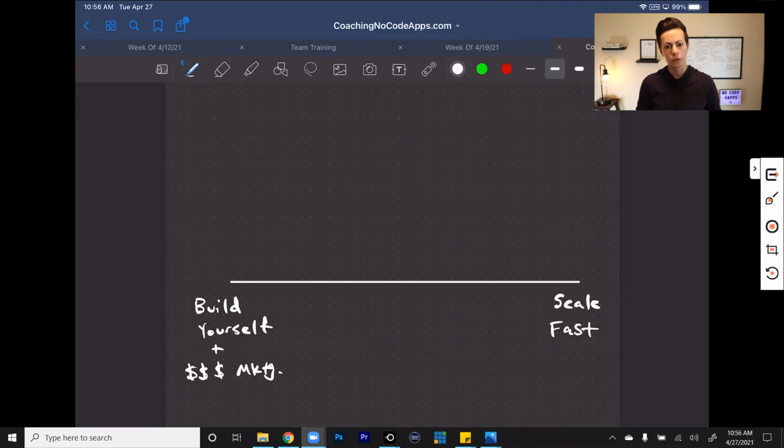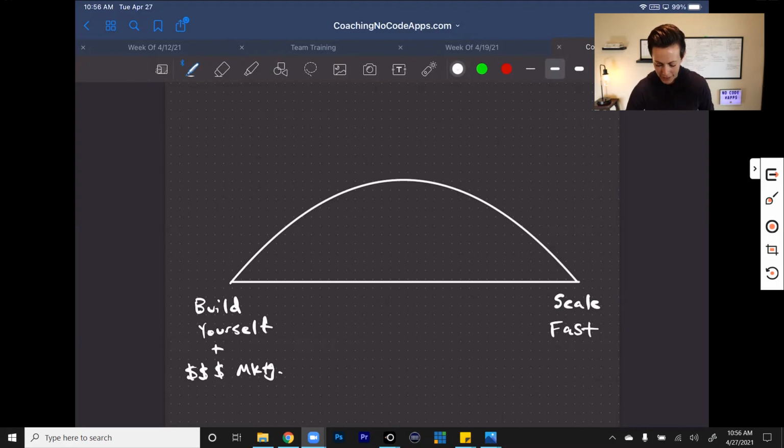So how do you reach this goal? How do you get to the right side of this spectrum here, but considering those constraints that we have on the left side? Well, what we have to do is find a meeting point in the middle, okay? That was supposed to be a point, but we'll go for this rounded angle. That works too. So we want to find this point right in the middle where you can kind of get the best of both worlds. And that involves doing the unscalable, okay? It involves doing the unscalable at least right now.